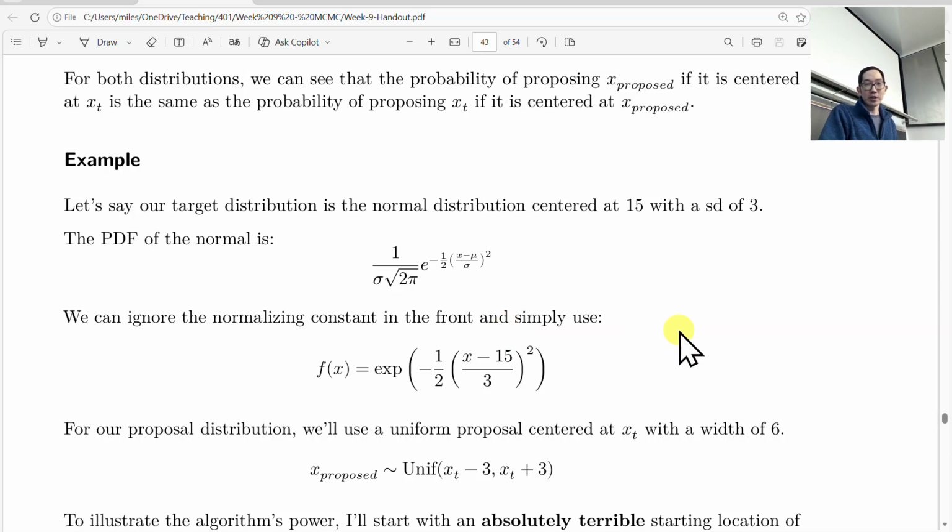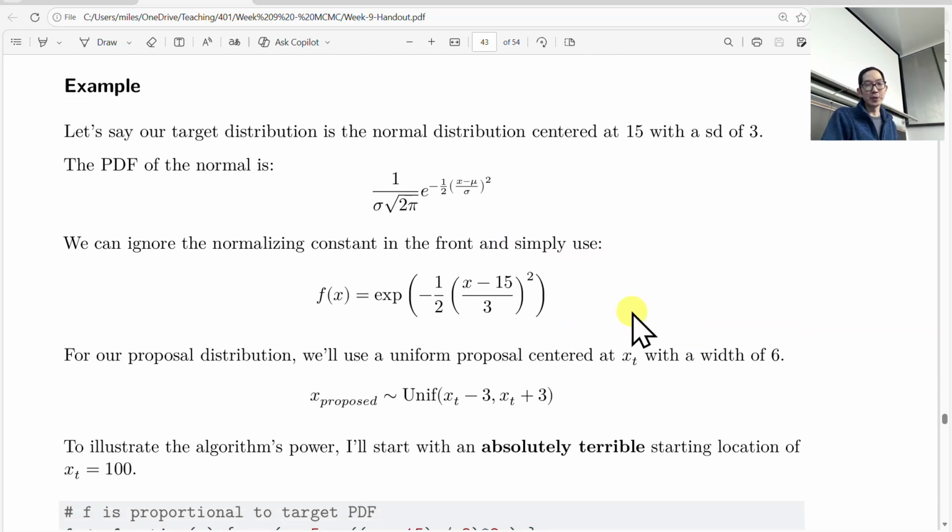This is just a silly example, but let's say our target distribution is a normal distribution centered at 15 with a standard deviation of 3. The PDF of this distribution is this. If you plug in mu equal to 15 and standard deviation 3, we have that. I can ignore the normalizing constant, and I can just say f of x is proportional to our target PDF, which is e to the negative 1/2 of x minus 15